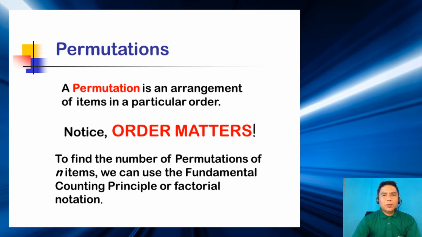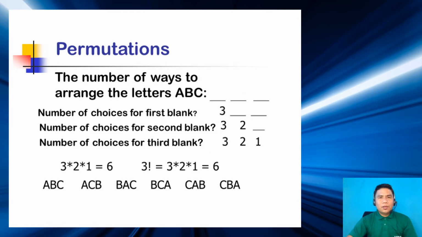To find the number of permutations of n items, we can use the fundamental counting principle or factorial notation, the ones that we discussed in the previous video, principle of counting and the factorial notations. You know now where to use it. It's permutation and combinations. So you have an example here under permutation, the number of ways to arrange the letters